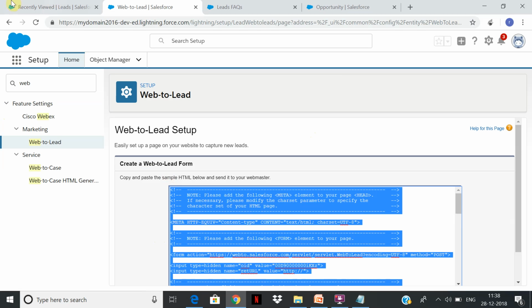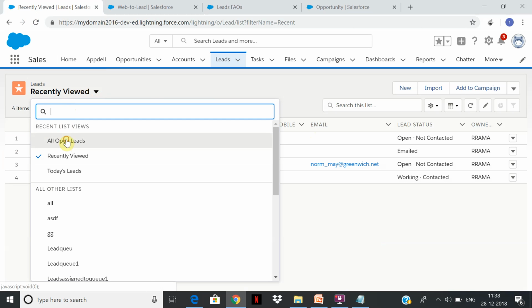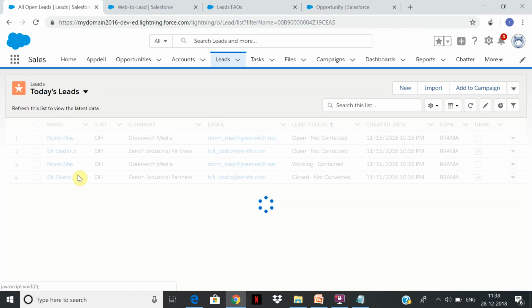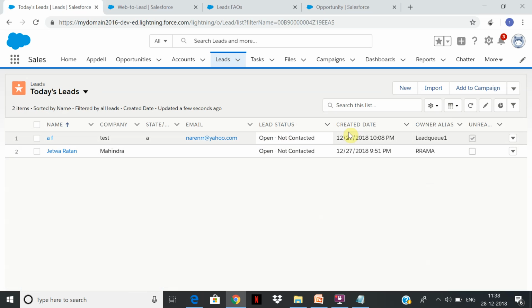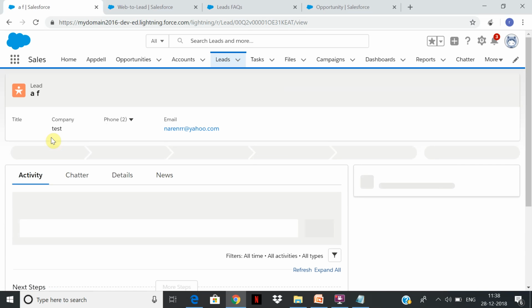This is going to create a lead, and when we log into Salesforce, we will be able to see the lead. So let's open up all leads. Yeah, so we got this record created here and it has been assigned to this lead queue. That is the benefit of this. You can quickly deploy it, and now when you click on this name, it will have the lead process of the new sales process which is assigned to